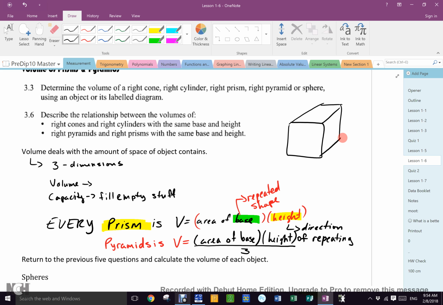Well, not spheres. We can't do spheres because they're not a prism. All of the volumes are the same thing, aren't they? All right. So, here we have